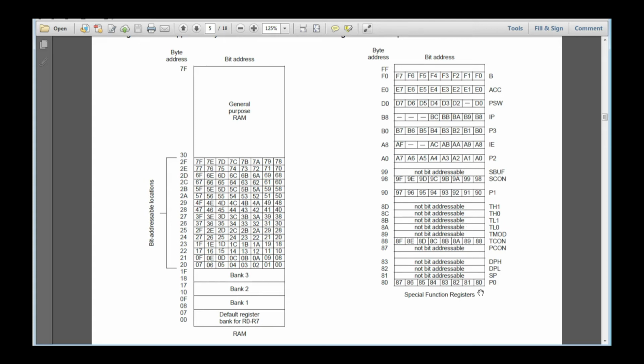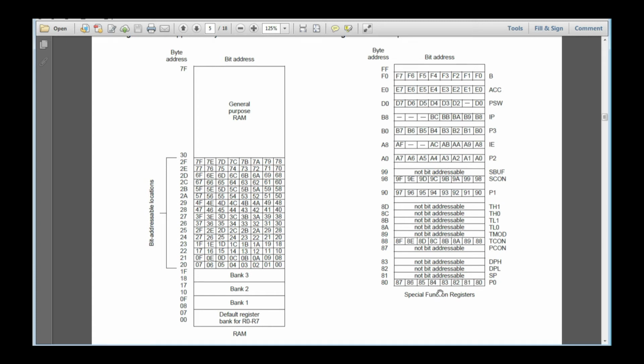So when we call it port 0, port 1, port 2, port 3, that is correct. Or you can say 80, 90, A0, B0, that is also correct. So this is something like your name, and this is nothing but your address. If you address the memory location 80 and write into it, the data will come to this place. Or if you address it as port 0 and write here, the data will also come here.